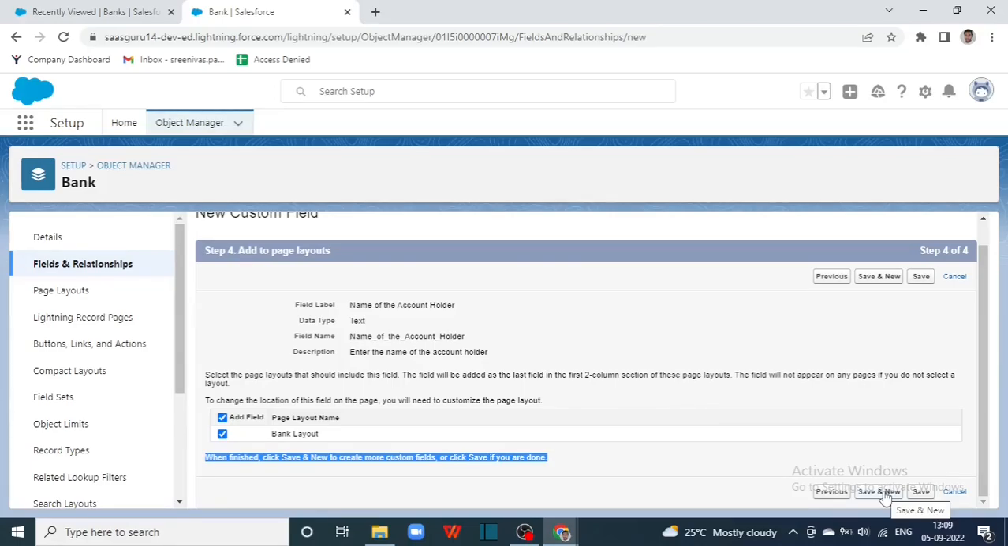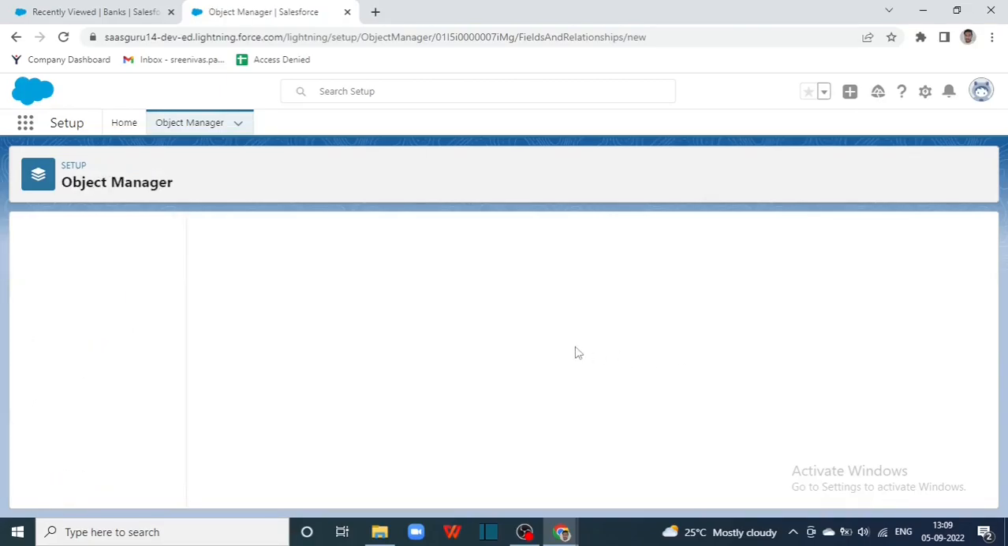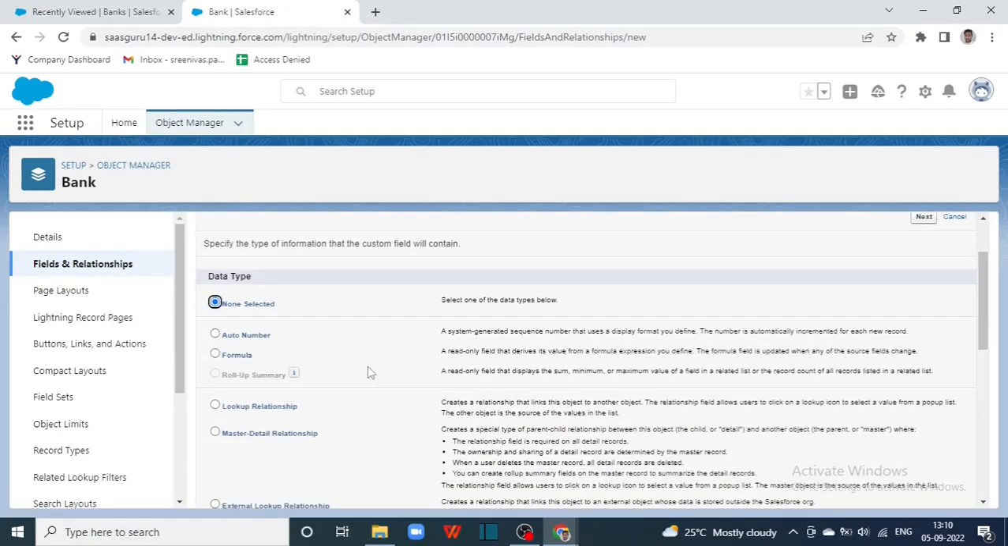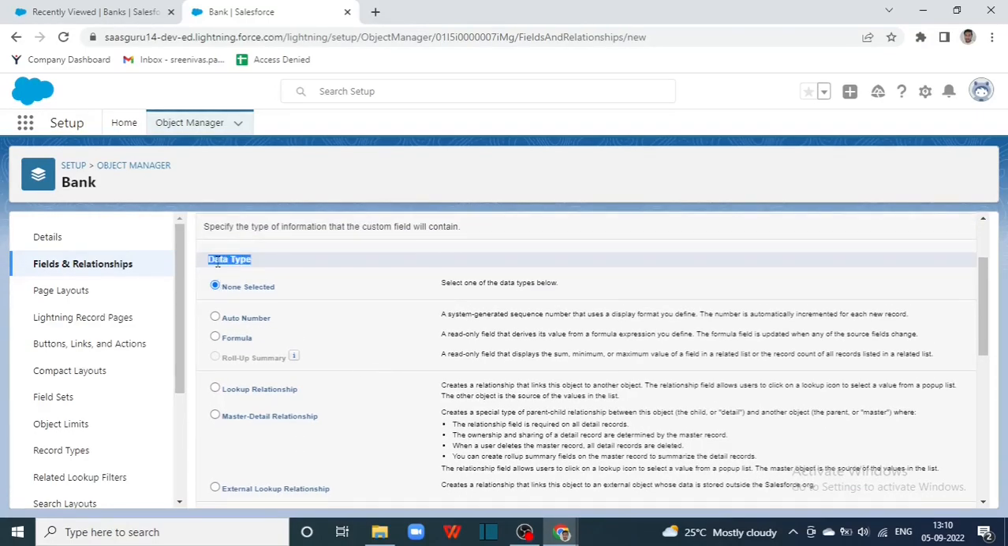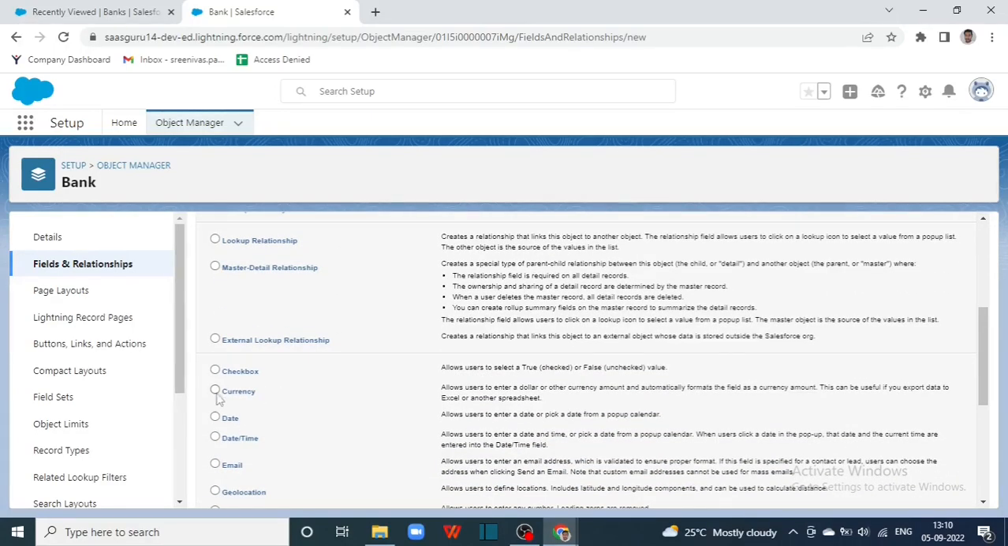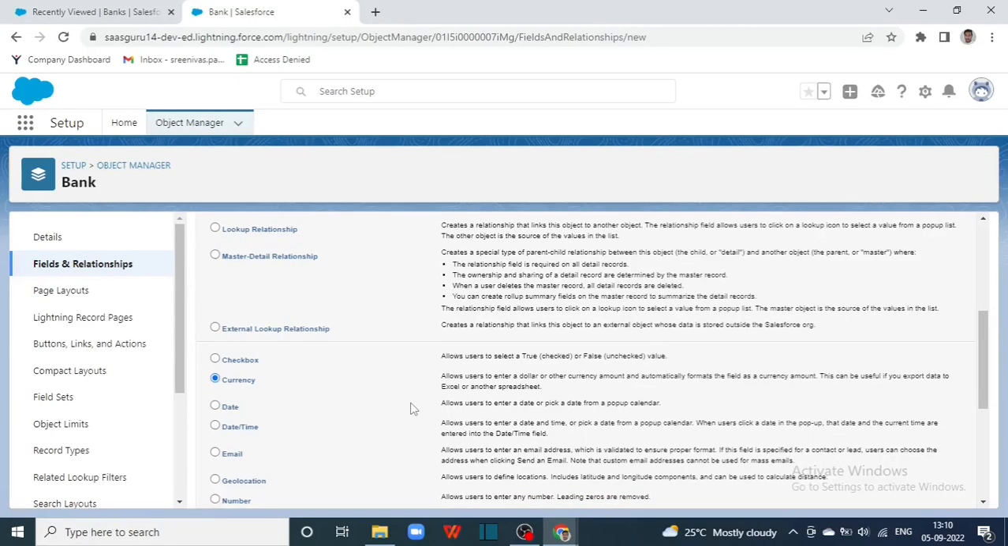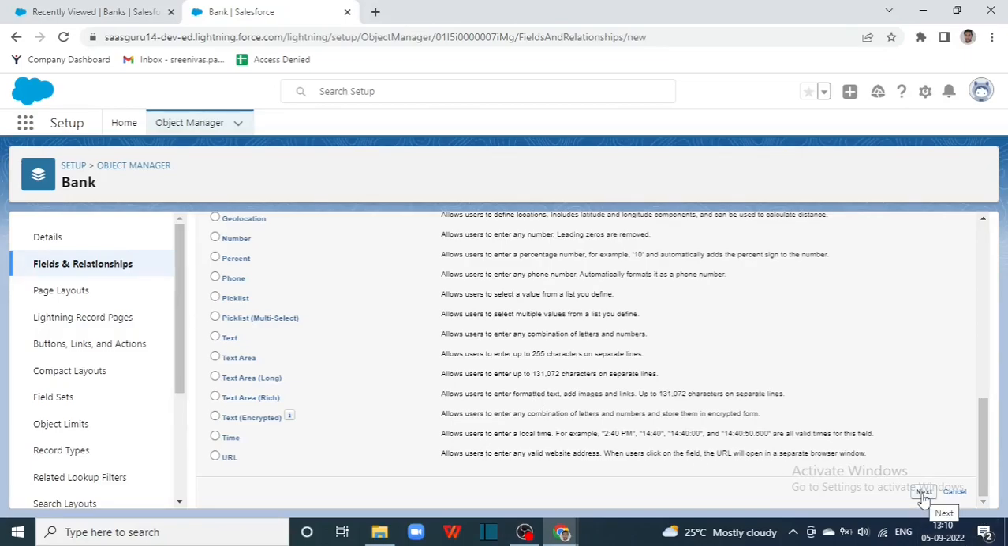Let's go ahead and click Save and New. Now it will again ask you for data type, because now we are going to create the second field. Let's create a field called amount. Usually amount will be stored as a currency data type, right? Amount means 20,000, 30,000. If it is a number, we can go for this currency data type. I am selecting this currency data type and clicking next,